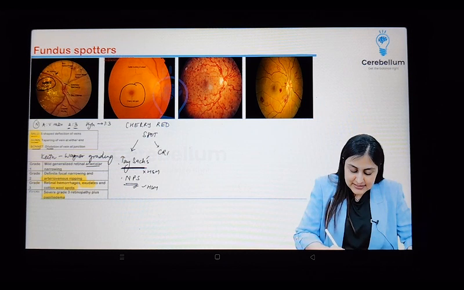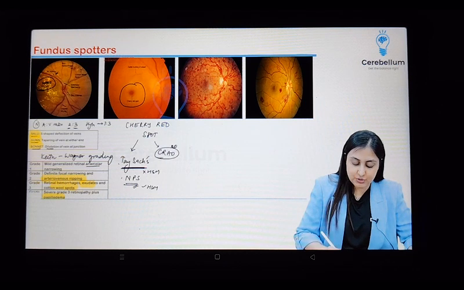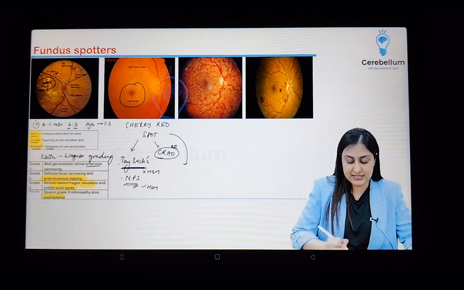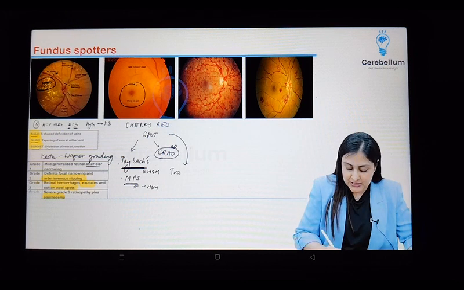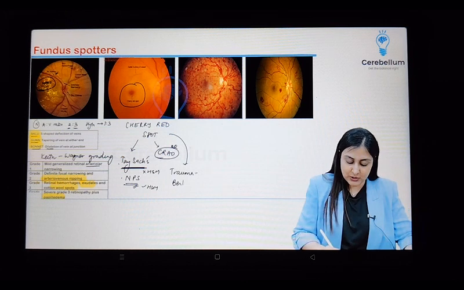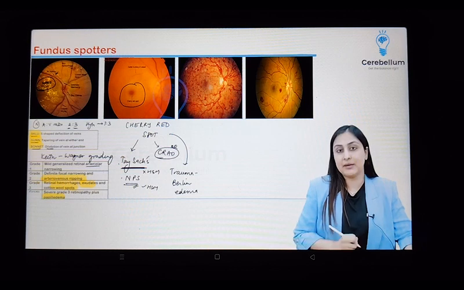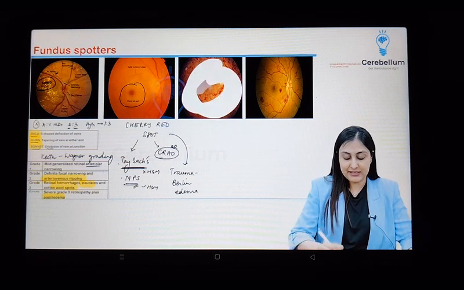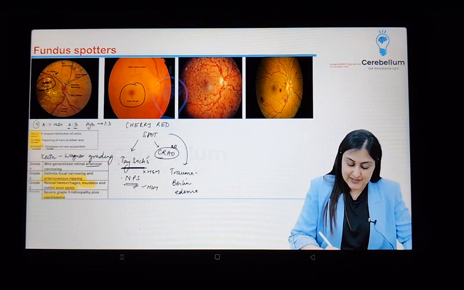Apart from that, you will get this in CRAO, central retinal artery occlusion. Very, very important. It's an ocular emergency. You can also see this in context of trauma, in which case we call it Berlin's edema. When you see this very vascular sort of an appearance, this is known as a splashed tomato appearance, which